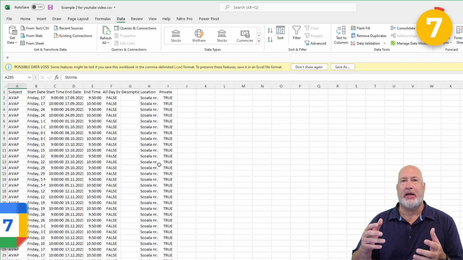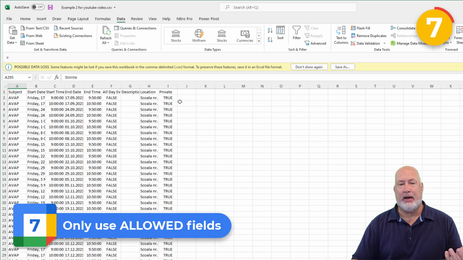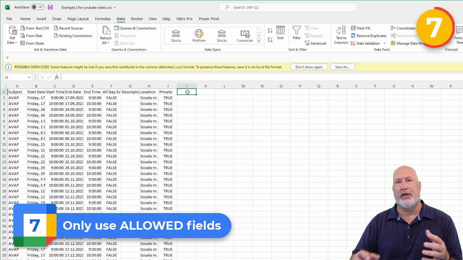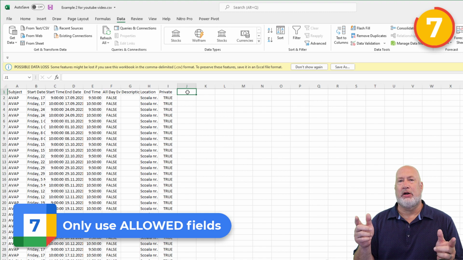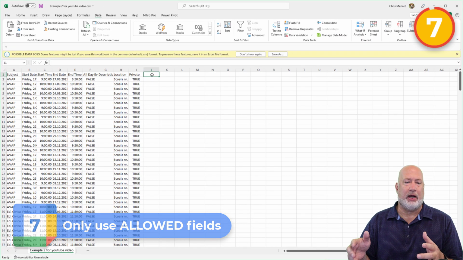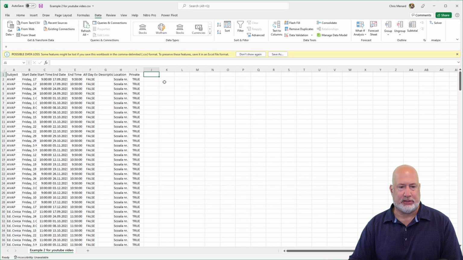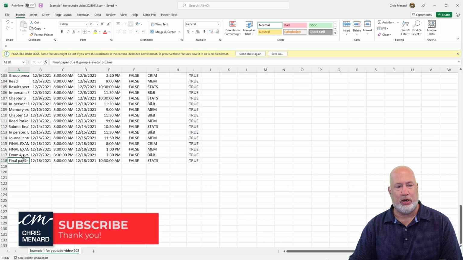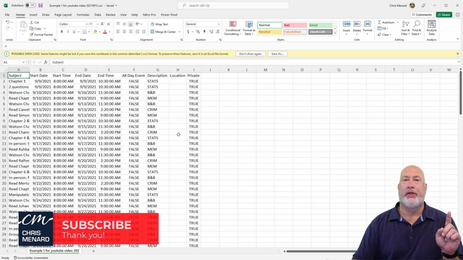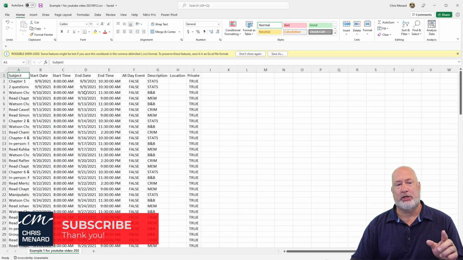One other tip about that header row, if you add a column in here, I've seen students adding columns in here, it's not going to pick it up on the import, just to be clear about that. Those fields that you see are the only fields that Google Calendar allows. I'm going to go and test this file right here. Again, I always like to do my check. I should end up with a header row. I've got 117 events.